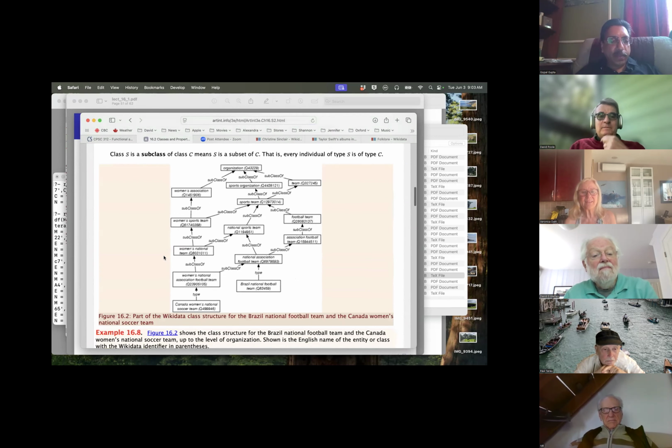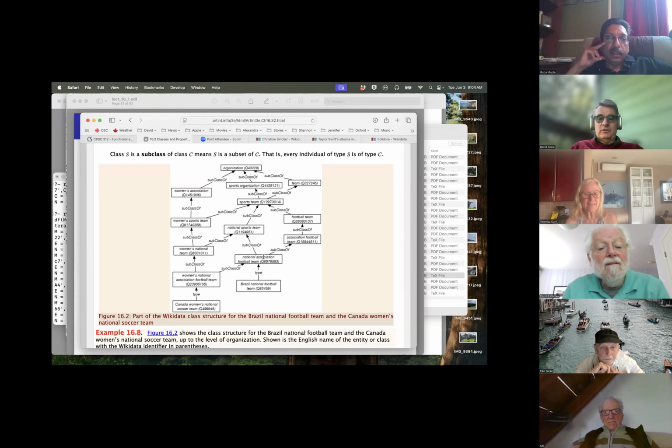Here's a class hierarchy in Wikidata of the Brazil national football team, and the women's national team is a type of National Association football team. The Canadian women's national soccer team is a type of Women's National Association football team, which are all subclasses.